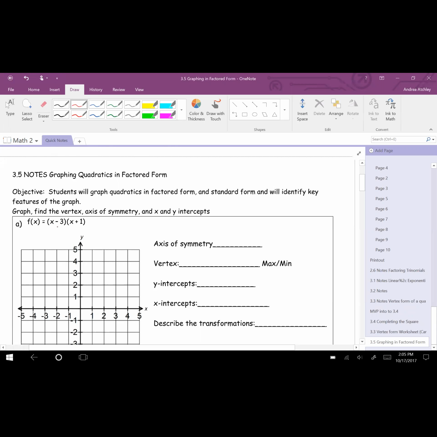So f of x equals x minus 3 times x plus 1. The first thing we're going to do here, the easiest thing to do at this point,